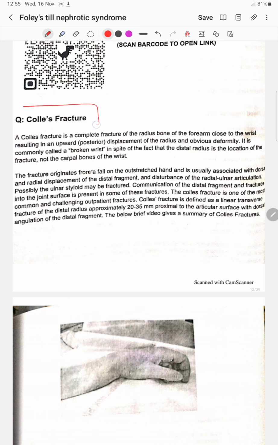It is a very common fracture in children, so it is also very